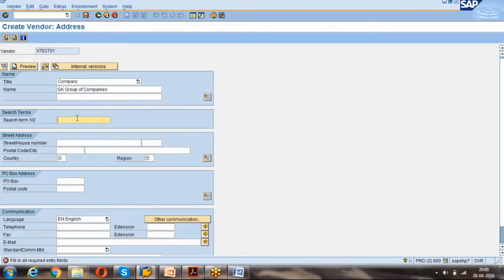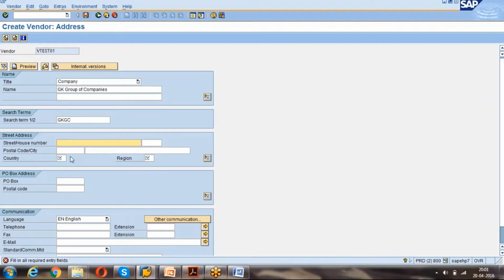Okay. Search term. The search term is useful when you are searching among thousands of vendors. If you want to search, whatever search term you use to get that vendor, we can give like GKGC. If you give GKGC as a search term, it will give you that vendor name.